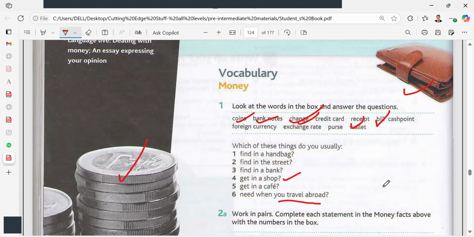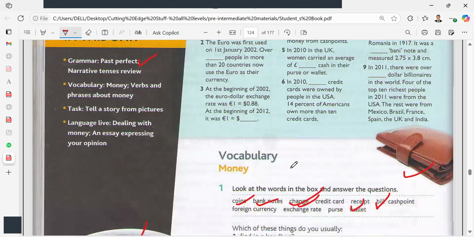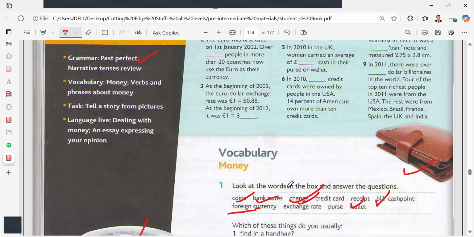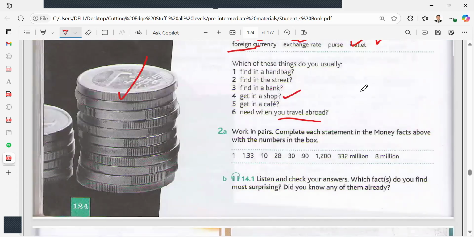What do you need when you travel abroad? Exchange rate, and also foreign currency. Okay, only foreign currency, العملات الأجنبية اللي تاخديها معك وانت مسافرة. Do you need to use your Saudi riyal? No, you need foreign currency. If you are, for example, traveling to Turkey, you need Turkish lira and so on. Okay? Right. Now,